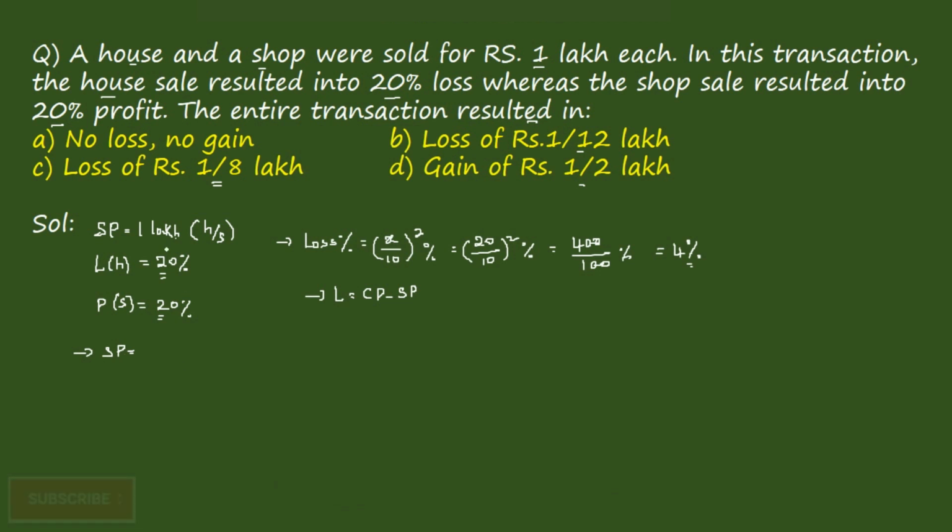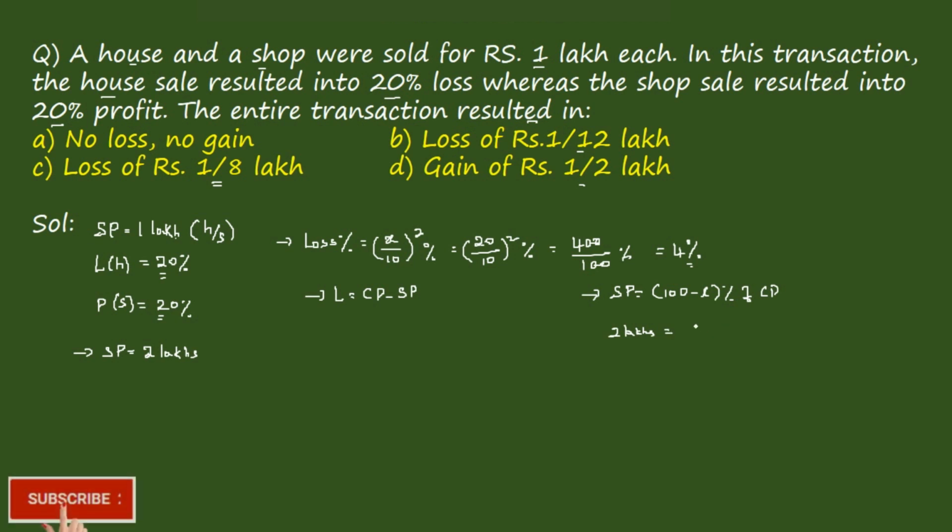Here we know that 1 lakh each is in a house and a shop. So the total selling price becomes 2 lakhs, right? Now we can find the cost price as we know the selling price and the percentage of loss. Then the selling price is equal to (100 minus loss percentage) of the cost price. The selling price is given as 2 lakhs,